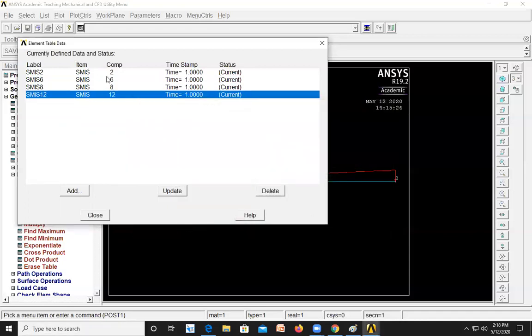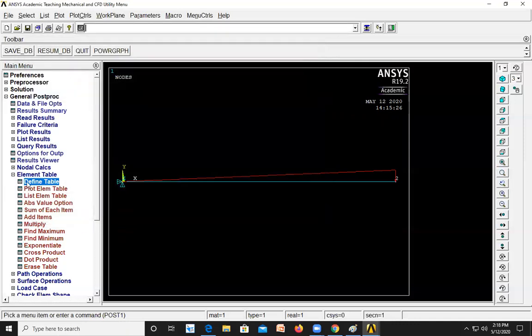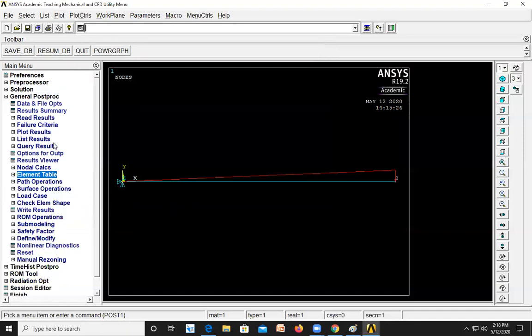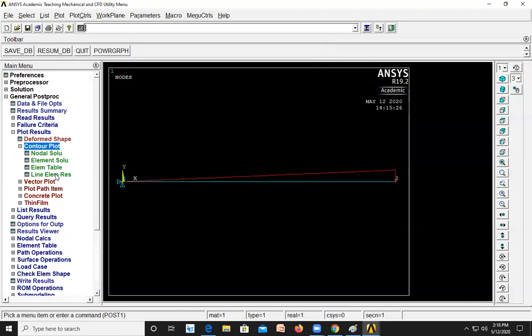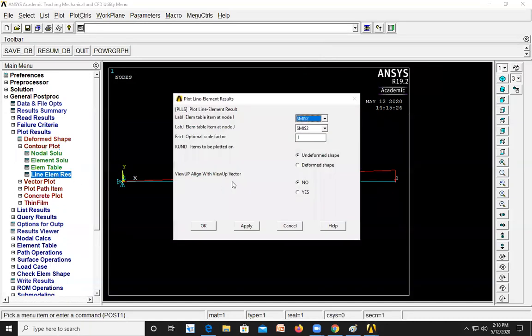To get the shear force diagram, the element table is SMISC 2 and 8. To get the bending moment diagram, the element table is 6 and 12. To get the shear force and bending moment diagram, go to the plot results, contour plot, line element results.